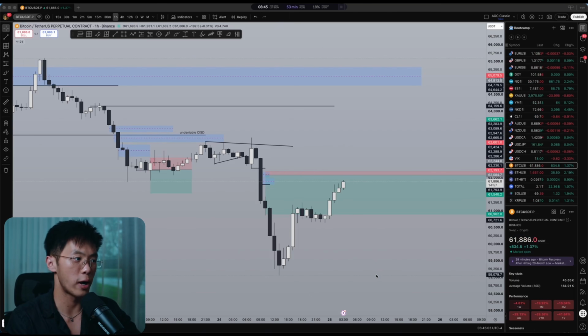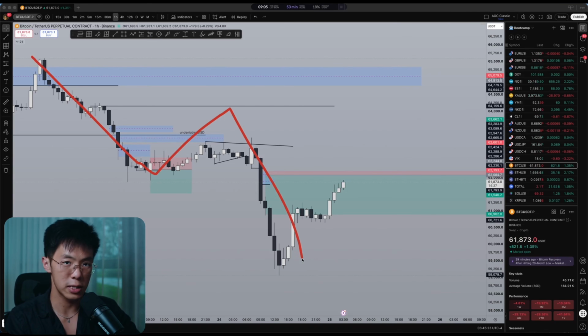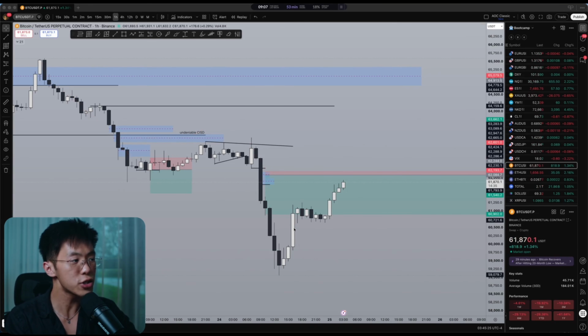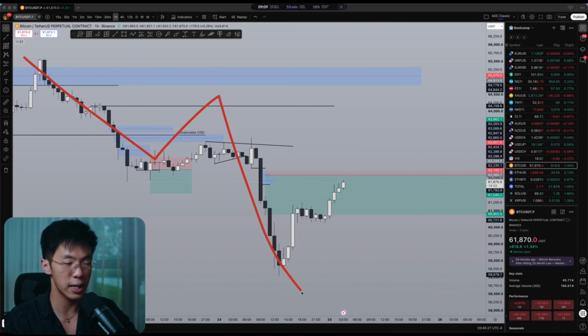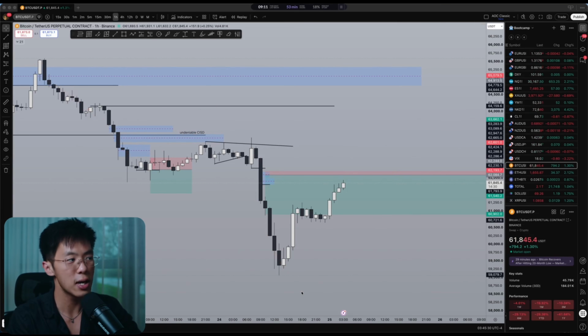There are so many times, especially back in my early days, where I would just go off on a whim and make a prediction like, okay, price is going to stop at 60k. Funnily enough, it goes to 55k, as an example. So I've learned ever since then to simply follow where the momentum is going. For example, as long as the market structure remains bearish, or as long as the order flow remains bearish, I am going to continue trading towards the downside until proven otherwise. This is the same lesson that I keep giving you guys over and over again.